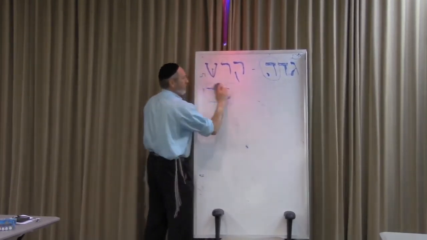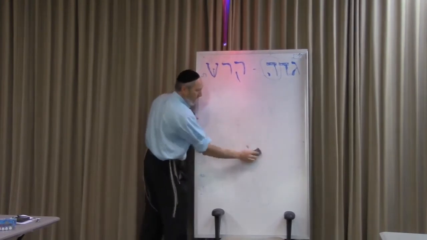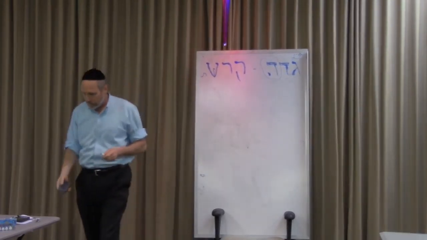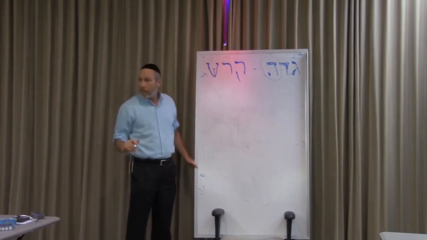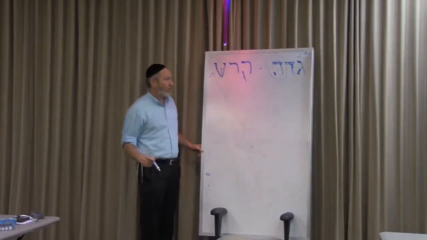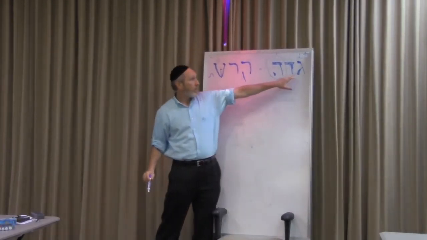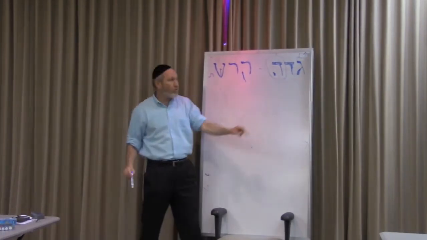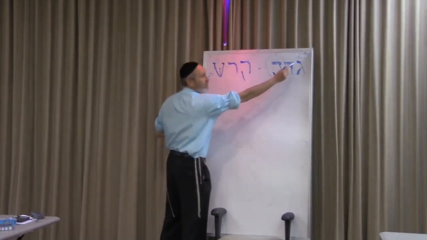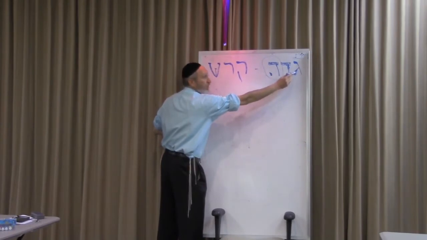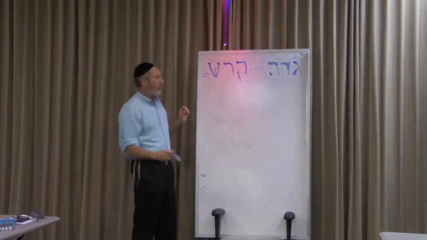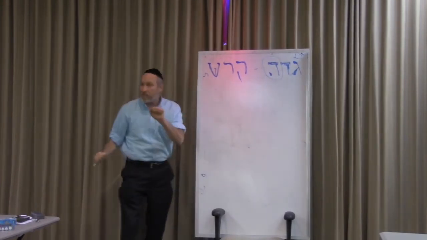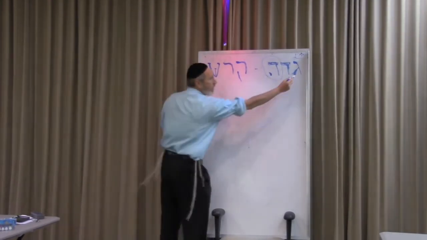So let us see. We have a tiny bit of review because we need it for the Hey. We said last time, if you remember, that the way you make a gimel is you make a letter Vav, and you make a little Yud. A Yud here for the leg. The Yud is the leg. And then the Gimel, who wants to give, this is his leg here. You see, he wants to give it.